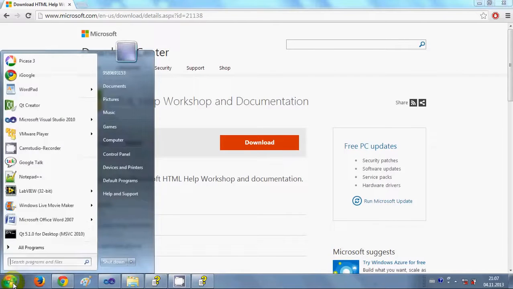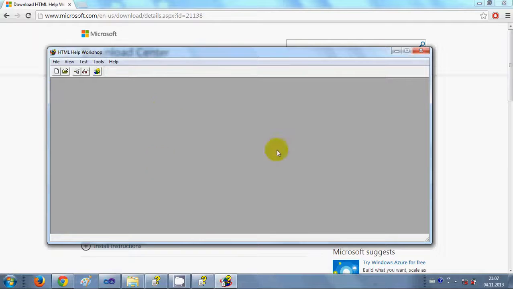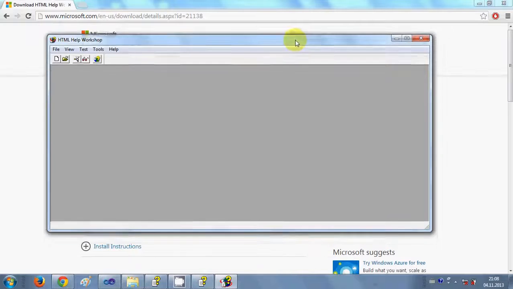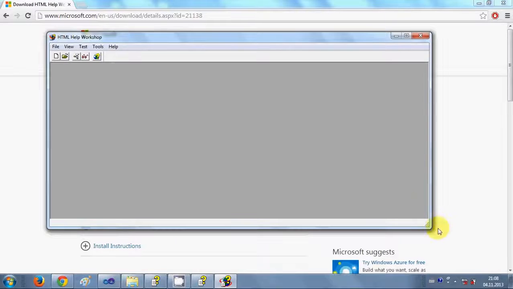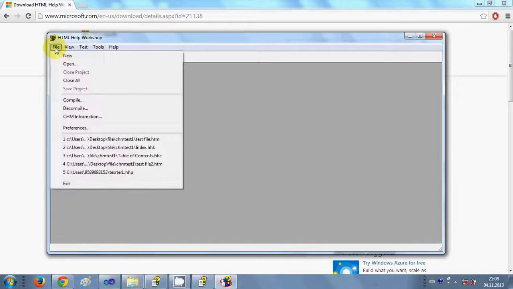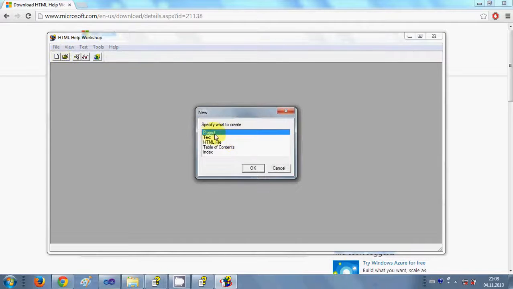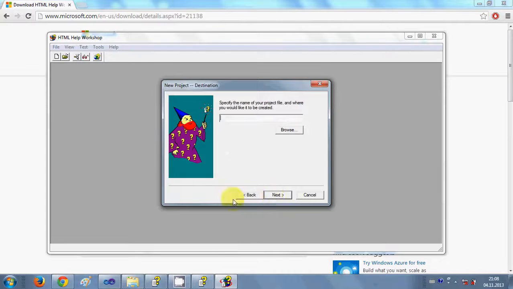Once you have installed this HTML Help Workshop on your system, I will open it, and it will open like this. What you can do is create a new project. We are going to see how we can create a simple CHM file. So I will go to file, new, select project and click OK, and I will click next,